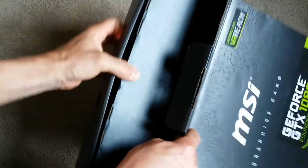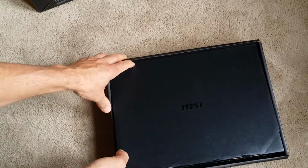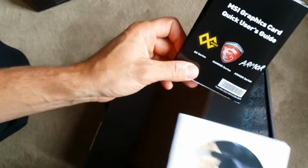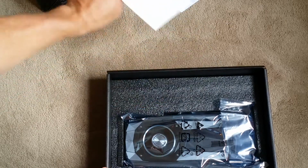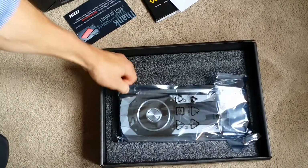Pull this. Throw that box away. MSI, nice box. And nothing in here. Oh, maybe a few CDs, I think. Yeah, that's what I thought. Let's get that open as well. So I got the typical MSI quick user's guide, NVIDIA and MSI drivers. We don't need that, we get that online. And we got a thank you card. Thank you for choosing our product. And of course, last but not least, the most important bit